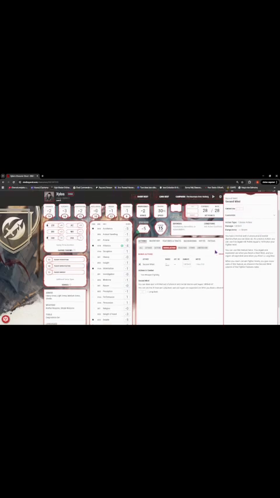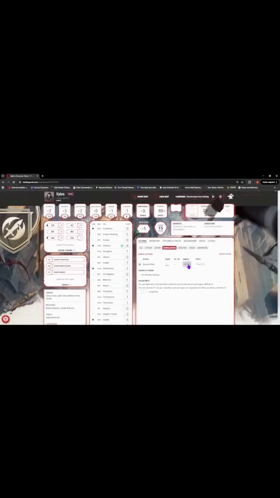Or if you want to read your bonus actions there. Second wind. If you activate second wind, just click it as well. So it rolls a D10 plus 3. So you gain 7 life.